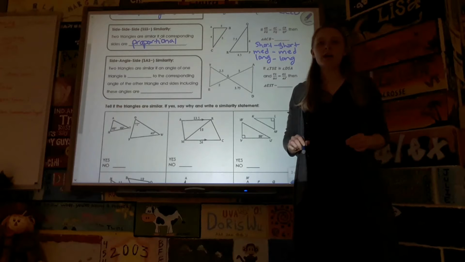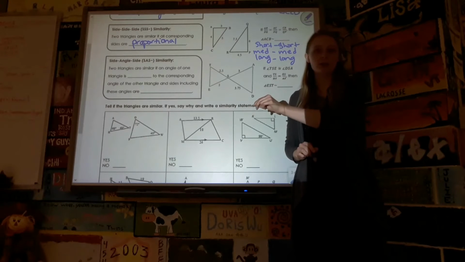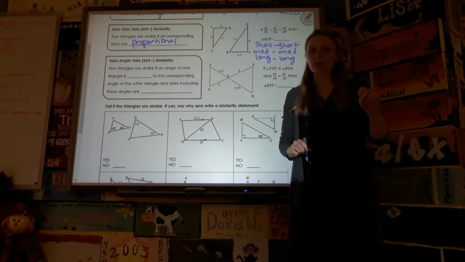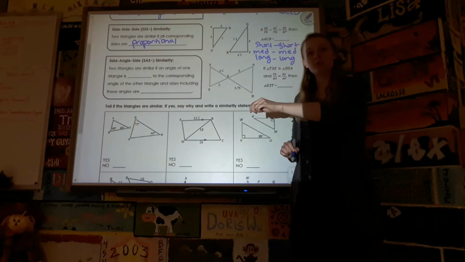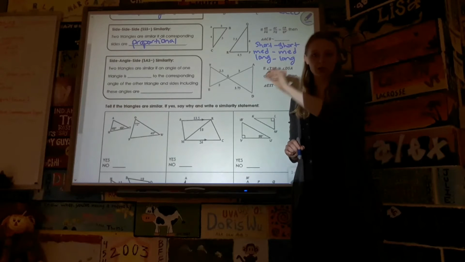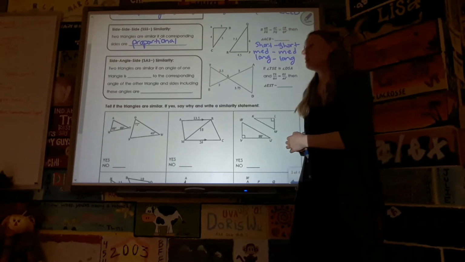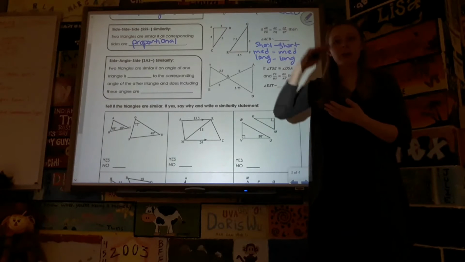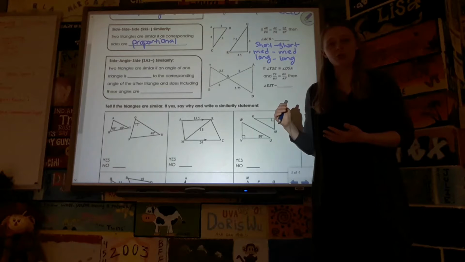So the shortest side in one triangle should correspond to the shortest side in the other triangle. The medium side in one triangle should correspond to the medium side in the other triangle. And then the longest side for the first triangle should correspond to the longest side in the other triangle. So when you are writing these proportions or comparing sides to see if they're proportional, you would just use